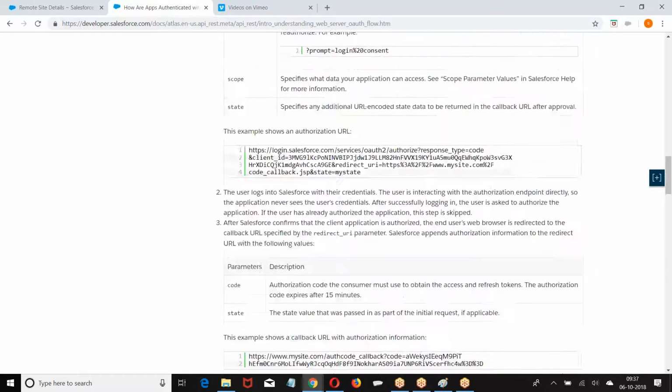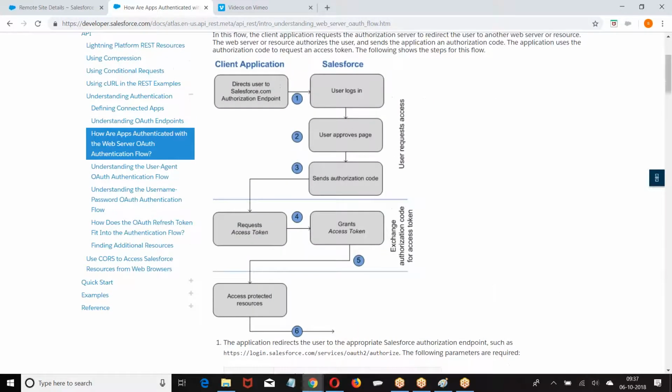Now what was that? How many steps are involved? Two steps of authentication. First step, request the code. Second step, request the token. Third step, request the resource. In the previous example, request the token, request the resource. The number of steps involved in authorization was only 1. In this one, how many steps are involved in authorization? Two steps are involved in authorization.